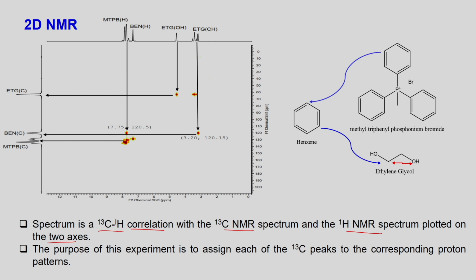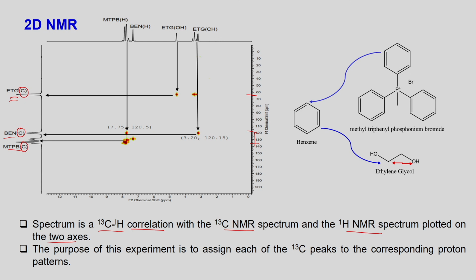On this particular axis, we are showing all the carbon peaks. When you see a subscript C here, it is the carbon spectra. So this is the C13 NMR of the benzene molecule, this is the likely location of the C13 NMR of the phenyl rings, while this is the likely location of the C13 NMR of the ethylene glycol molecule. These are lying around 66, while the aromatic ones are lying between 120 and 130. And this one is the chemical shift of different compounds.